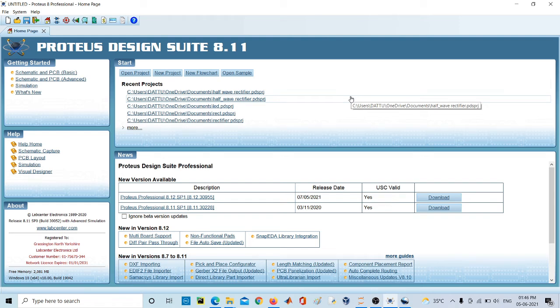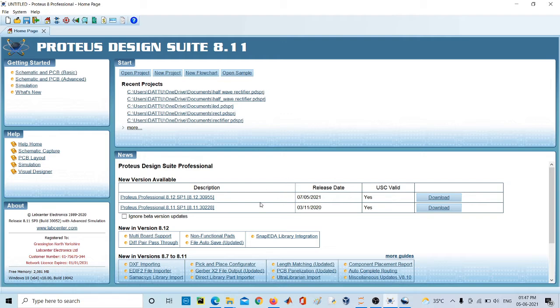Today we are going to study the two-stage RC coupled amplifier, its working and its simulation. As we know, it can be built on many software packages, and we can see the simulations. But Proteus is the easiest software, and primarily we have to start from Proteus. In this project we are going to design the circuit and see the output waveform and the amplification of the two-stage RC coupled amplifier.